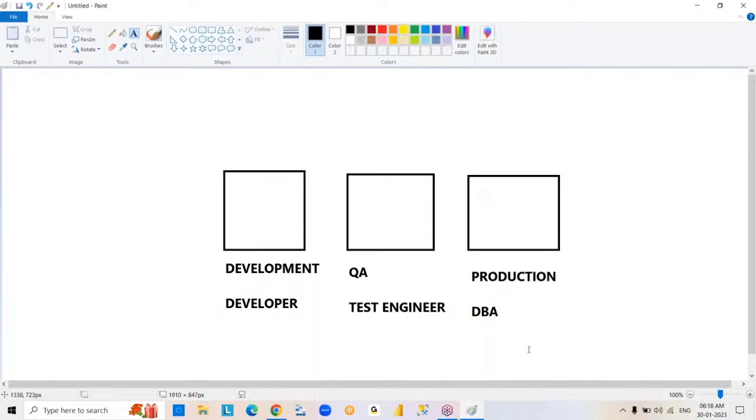Coming to the next scenario. The important scenario here is